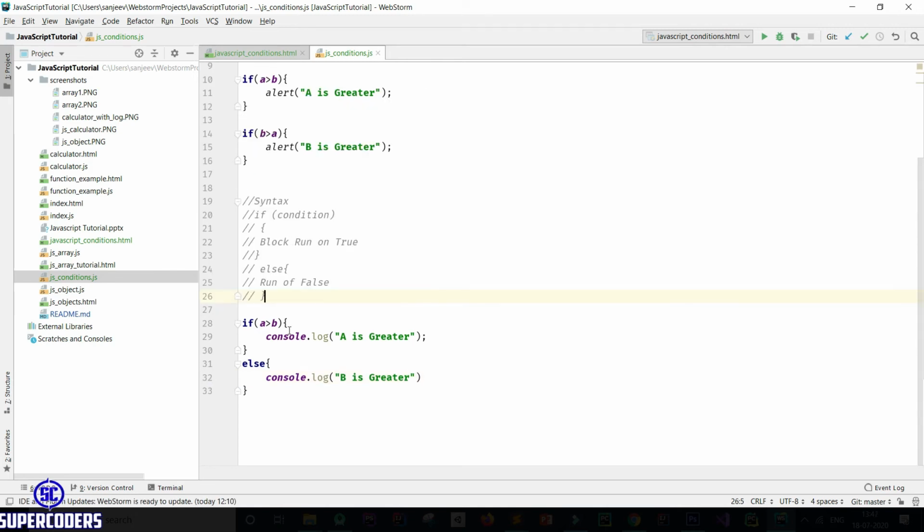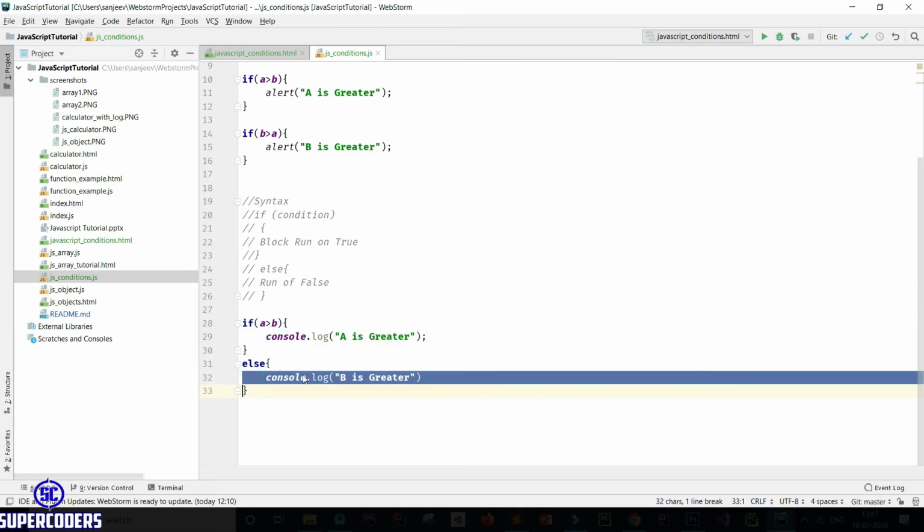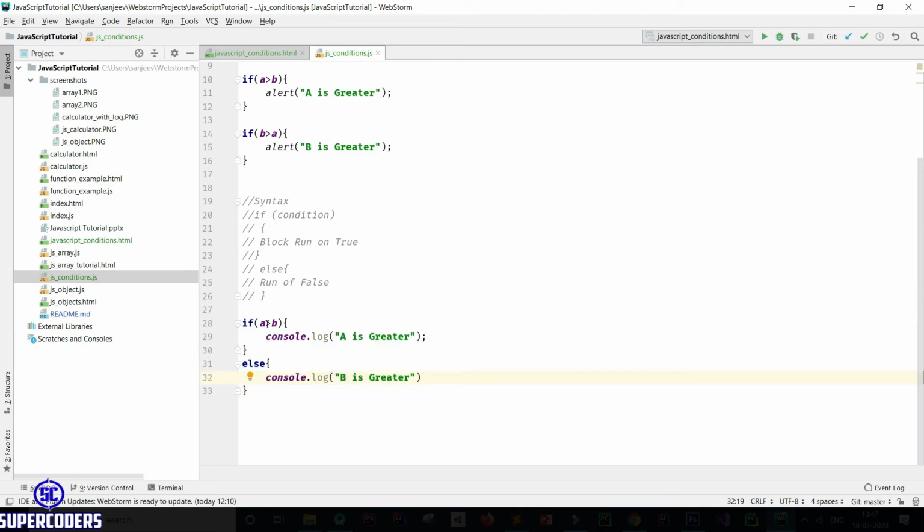If the condition is true, the if block will run, else this block will run. So if a is greater, then a is greater will show, or else b is greater.